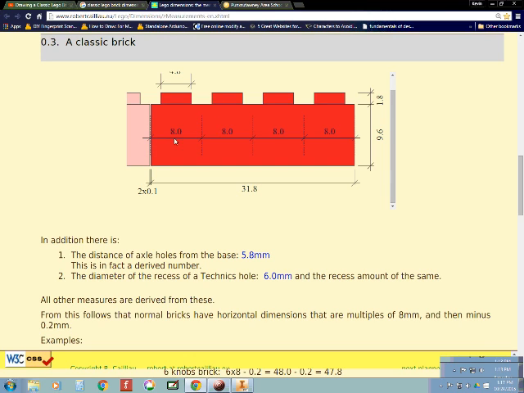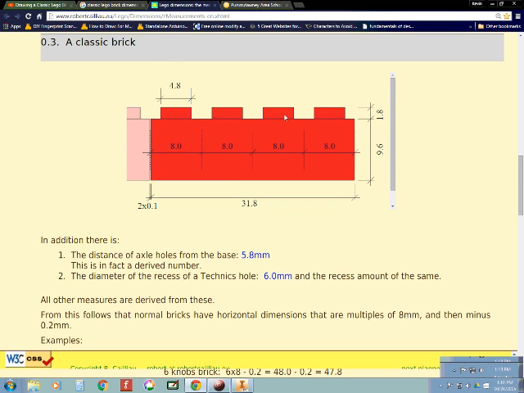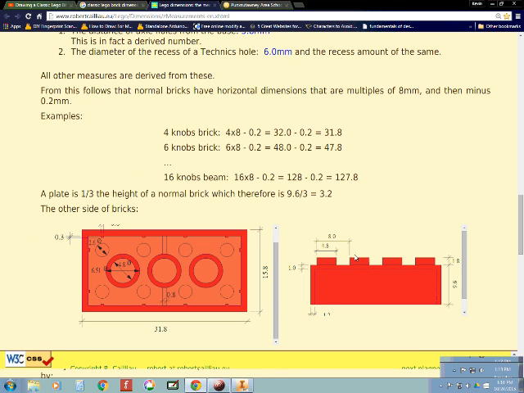So that's this whole distance across here would be, once again, 32 minus the 0.1 on this side and the 0.1 on this side for clearance. So then this distance right here from here to here is going to be 7.9, or I'm sorry, 8 minus that 0.1, so that'll be 7.9,